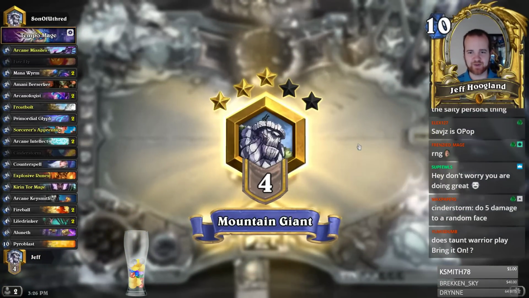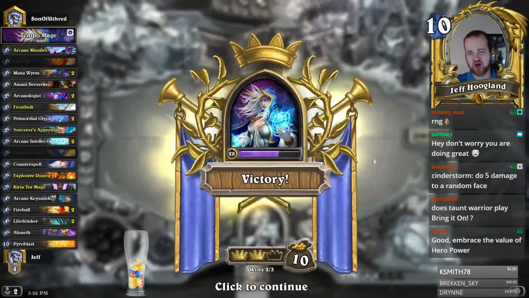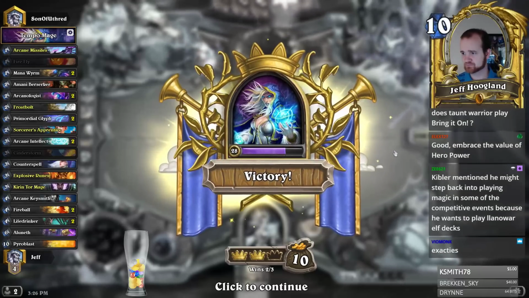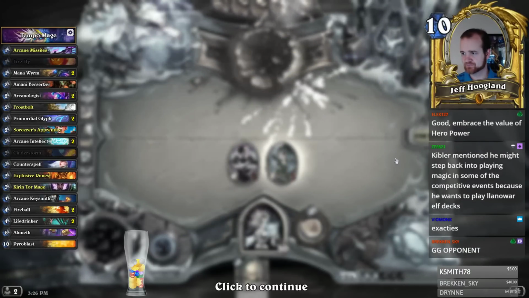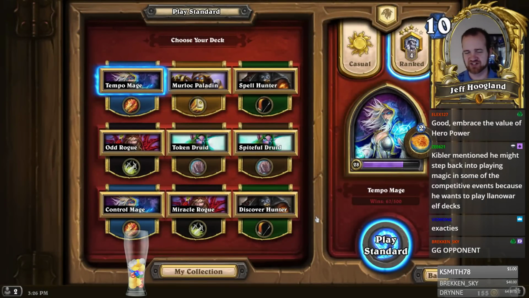Look at that. All the way up to 3 stars. I think this is the highest I've been. Maybe I've gotten to 4, but I always fall back down into 5 after that. I would like to reflect that I had 1 overkill there since I had my champion power still. All right, let's